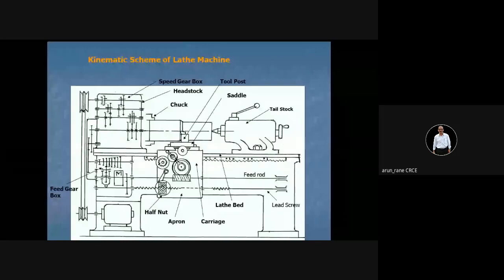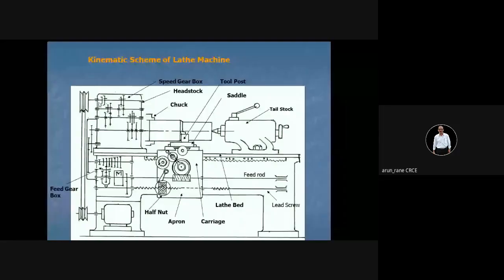Now this particular symbol stands for the bearing. These symbols stand for the gears; if it is a vertical line, that stands for the gears. So the shaft runs between the bearings. This is one bearing and this is another bearing. This whole thing is the headstock. So there are gears mounted on this shaft. Then this is coupled. See now this gear.